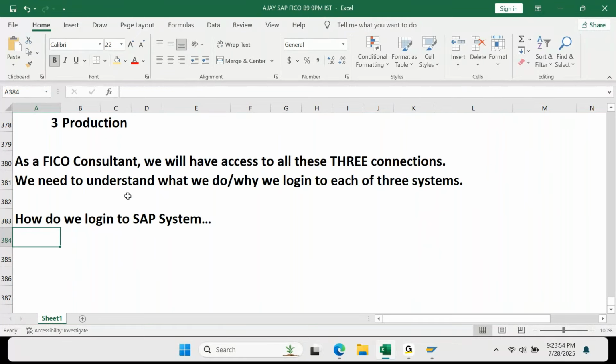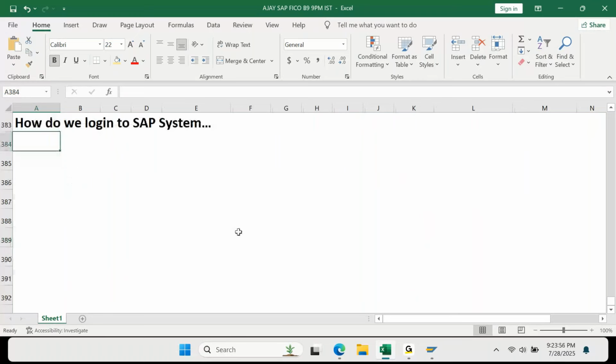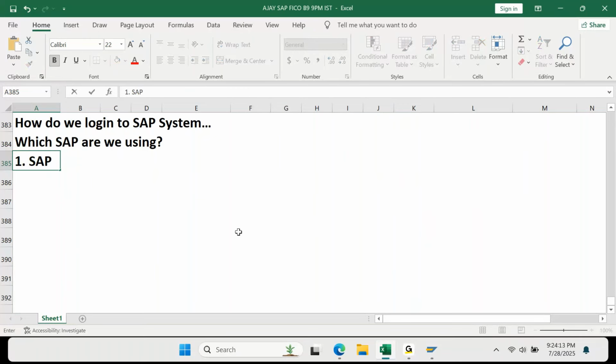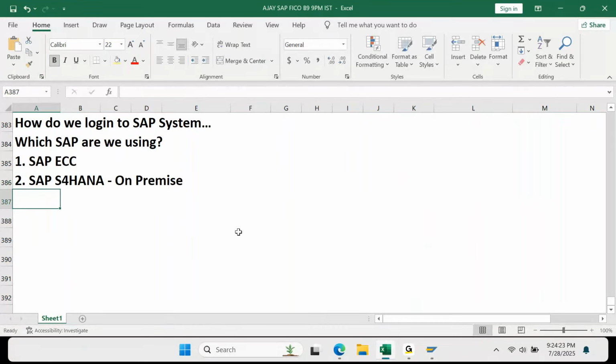First point, to understand how we log into a SAP system, first of all, we need to understand which SAP we are using. You cannot just log into a SAP system straight away. You need to know what kind of SAP we are using. Meaning, you need to understand first one, SAP ECC. Second one, SAP S4 HANA on premise. Third one,